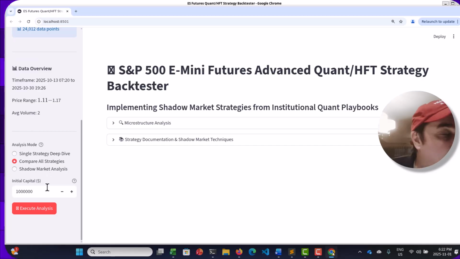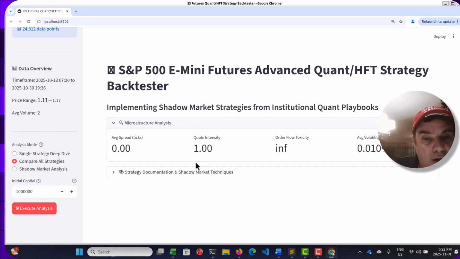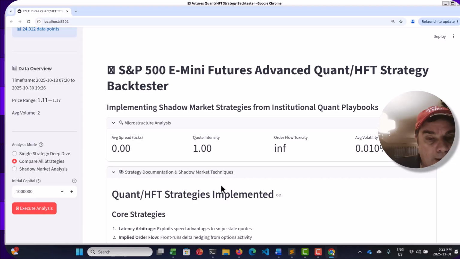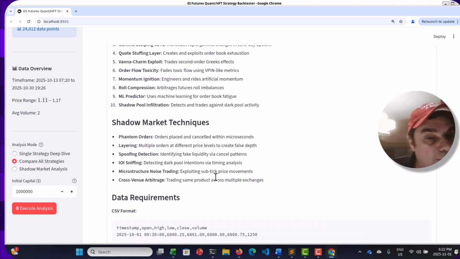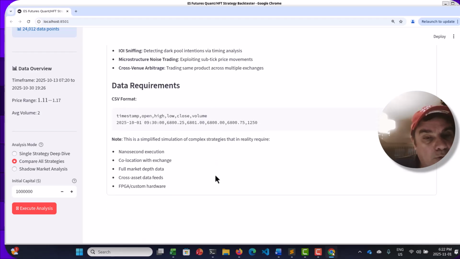And again, this is all created by the AI. There are people out there that think that AI doesn't work. Well, this is just fake, you know what I mean? So in here, we've got all the different strategies. All the strategies are explained here, what they are, roughly.